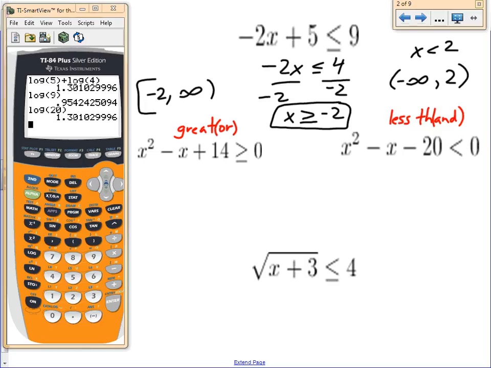What's the first thing you got to do? You just got to factor the equation. This first one was negative 2x plus 5 is less than or equal to 9. That's a linear equation. When you solve linear equations, you get your numbers on one side, variables on the other. When you solve quadratic equations, you set them up equal to 0 and factor them. What if they don't factor? You use the quadratic formula. I pointed there all day too, and it's not there. But anyway,